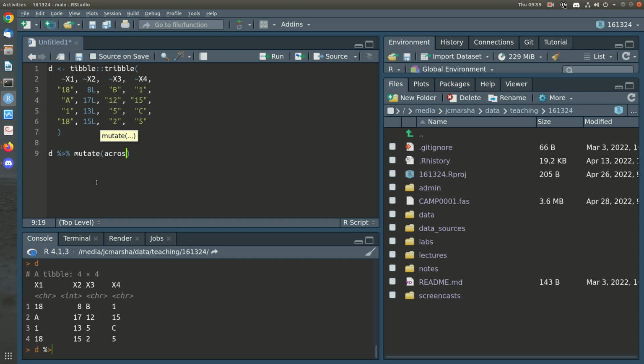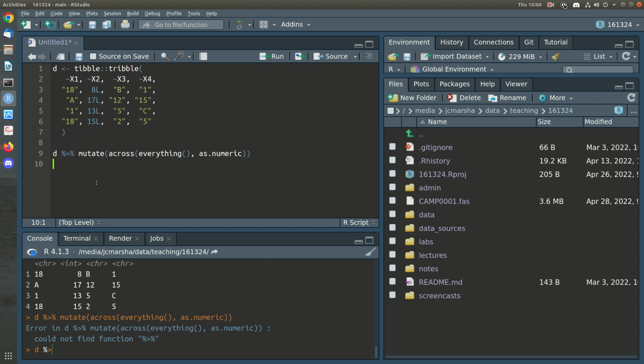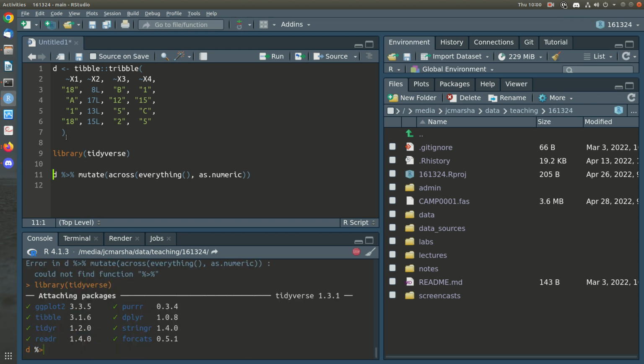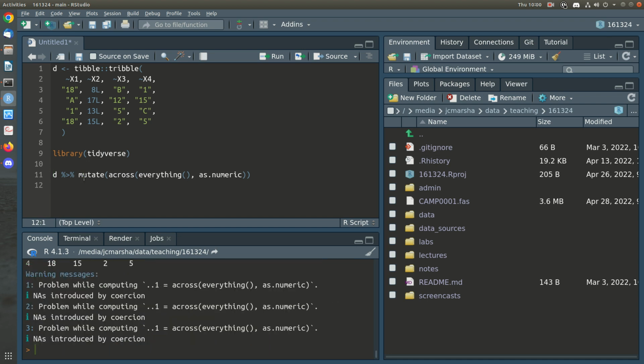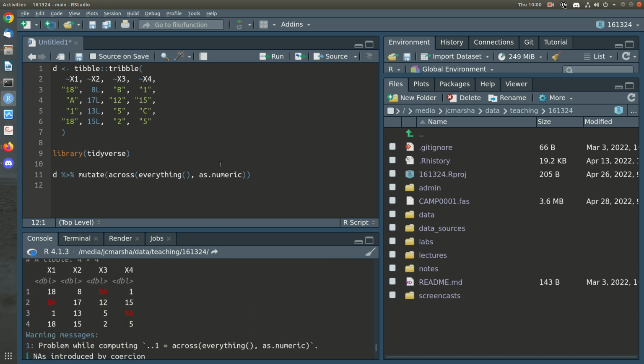So we want to mutate across everything and convert to numeric. We've got to load the tidyverse. Obviously, I would at least have datapasta installed before I started the test so that this is a bit quicker, but you get the idea. So that gets the NAs. You could also do replace all to get them into NAs. And then